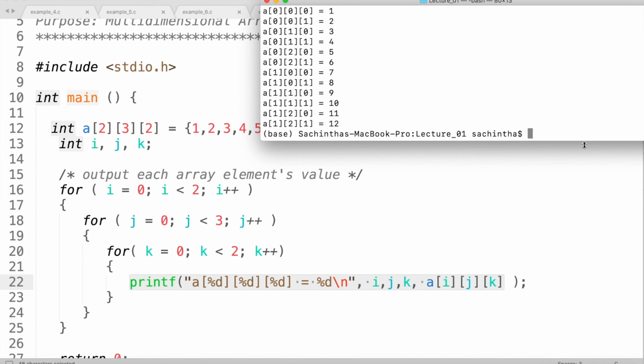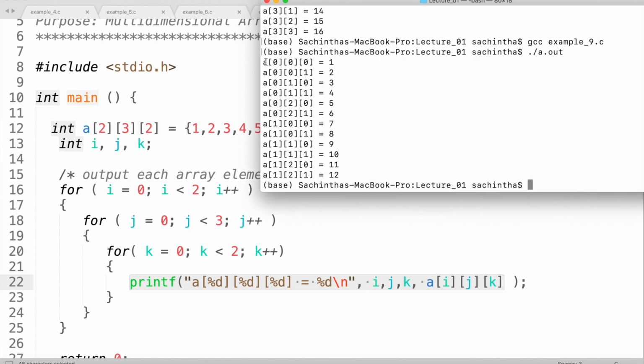You can see, so this indicates the first table, actually not the first table, this indicates the first element in your array, and this indicates the first element in your behind table, right? So it's something like this.